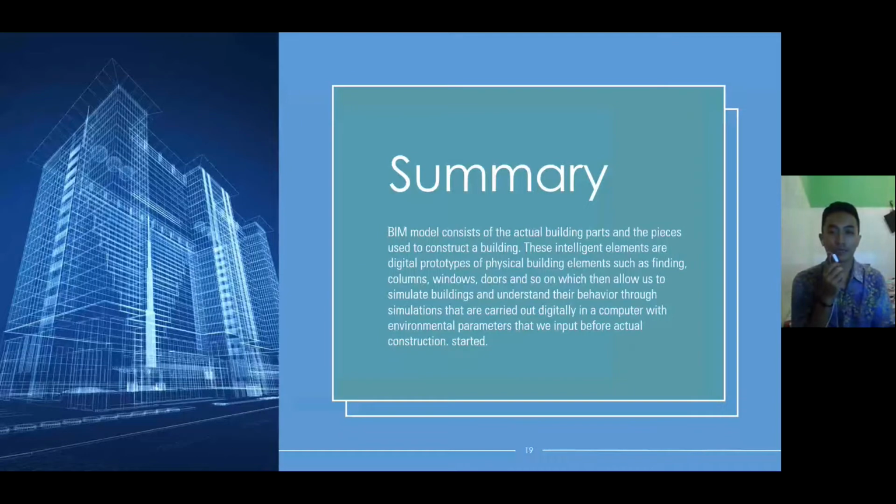These intelligent elements are digital prototypes of physical building elements such as beams, columns, windows, doors, and so on, which then allow us to simulate buildings and understand their behavior through simulations that are carried out digitally in a computer with environmental parameters that we input before actual construction starts.